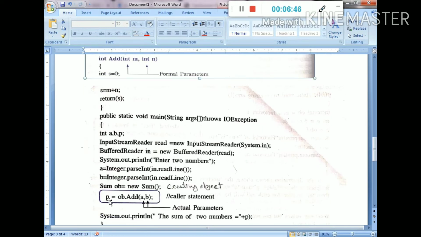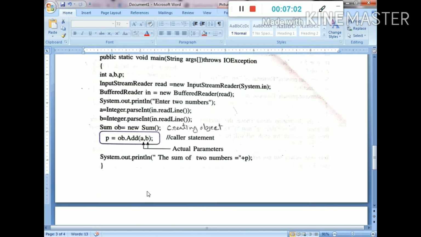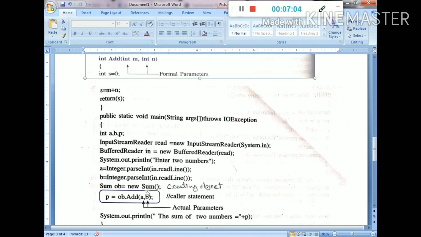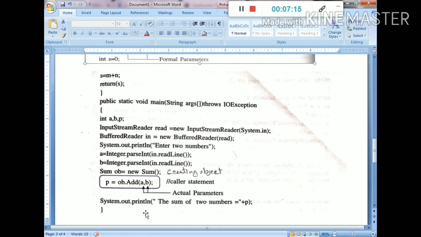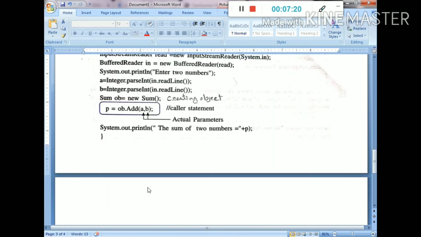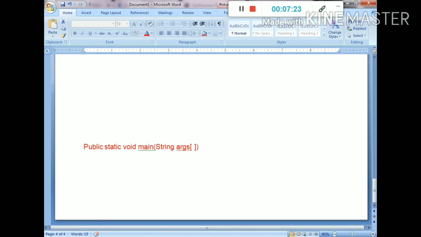So here p stores the value of s. When we call a function and pass a value or variable, those variables are known as actual parameters. We have to memorize two things: formal parameters are used in the method header, and actual parameters are used in the method signature.